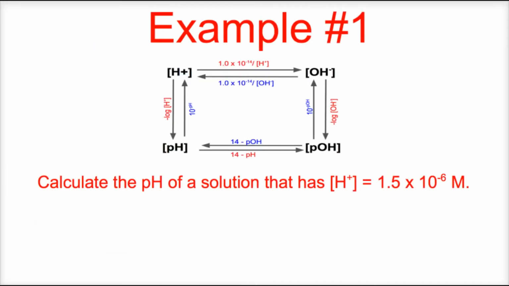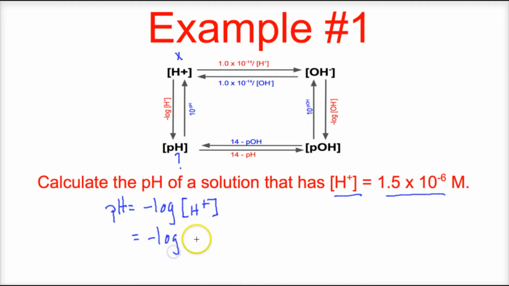In this first example, it says to calculate the pH of a solution that has an H plus concentration of 1.5 times 10 to the negative 6 moles per liter. So in this problem, this is the starting stuff. We know the H plus concentration is this right here, and we're asked to determine the pH of this solution. So in order to go from hydrogen ion concentration to pH, we simply take the negative log of the hydrogen ion concentration. So in this problem, to get the pH, we will take the negative log of the H plus concentration,